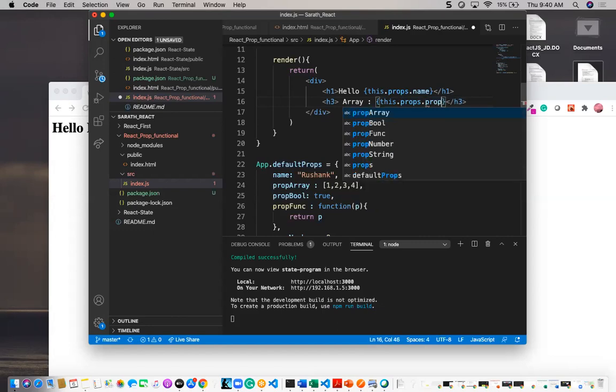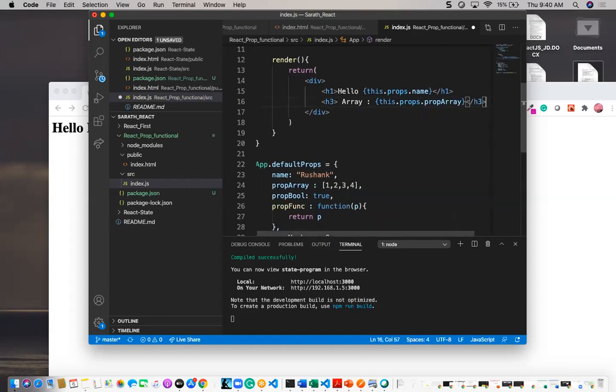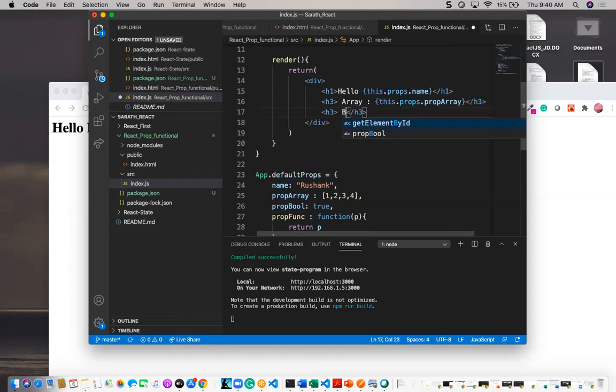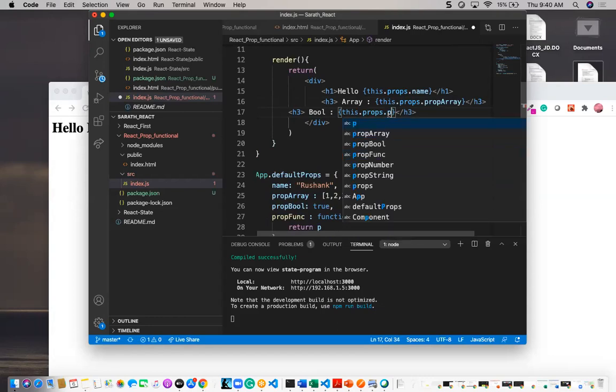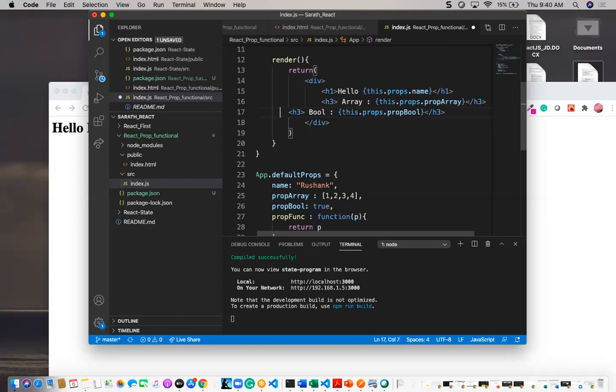Okay, so here I am going to get the prop array, and also I am going to get an h3, and I'm going to get the bool, this.props.prop bool. Fine, this is okay, and the other one is like, yeah.